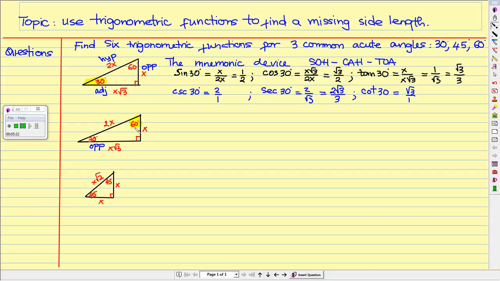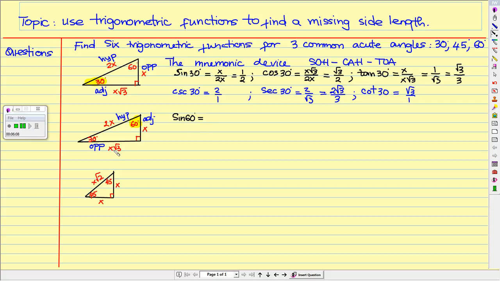Because this is the side x square root of 3, it is the side opposite the 60 degree angle. The adjacent side to the 60 degree angle is x. And lastly, the hypotenuse is the side opposite the right angle. So now we go back, and again we use the mnemonic device SOHCAHTOA to find the three functions: sine, cosine, and tangent. So let's begin now. We need to find sine of 60 degrees